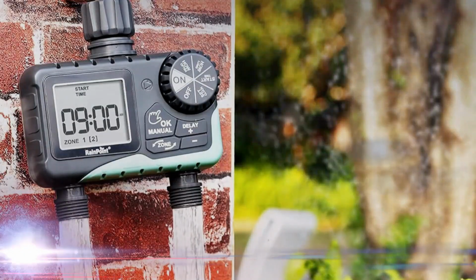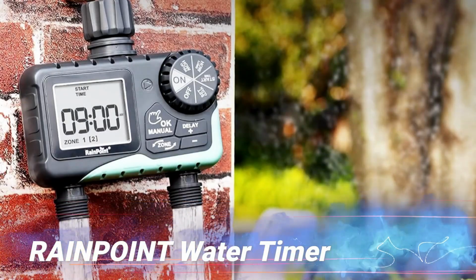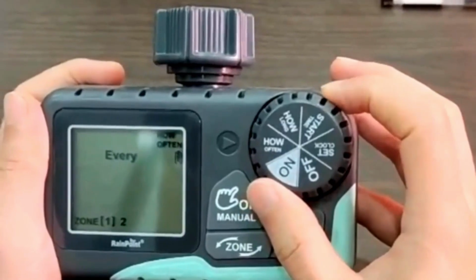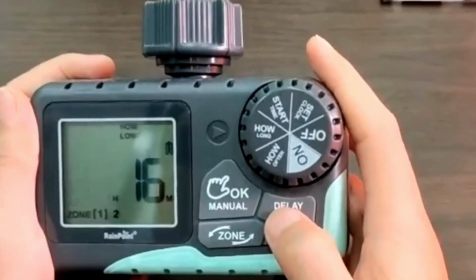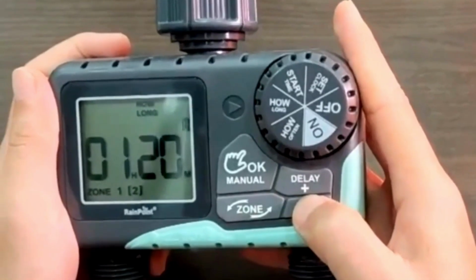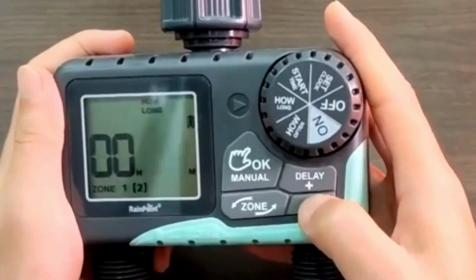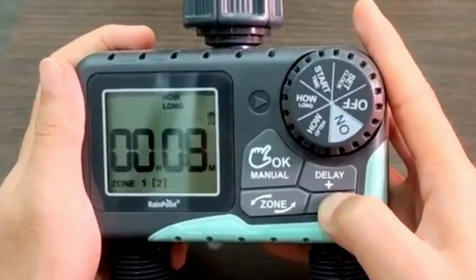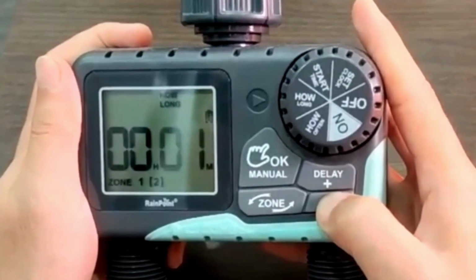Number 27. RAINPOINT Water Timer. This sprinkler timer is a super easy tool that helps you water your yard without any stress. It has 2 separate outlets, so you can set different watering times for different areas, like your lawn and garden. You can choose when to start watering, how often, and how long it lasts. It even has 38 different watering schedules, so you can set it to water every few hours or just certain